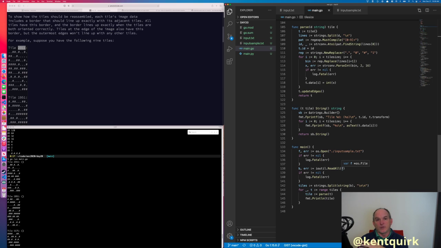Throw all those integers in a map and count them. We should get 8 per tile. Divide by 2, because if they're perfect, if there's exactly one match for everything, then